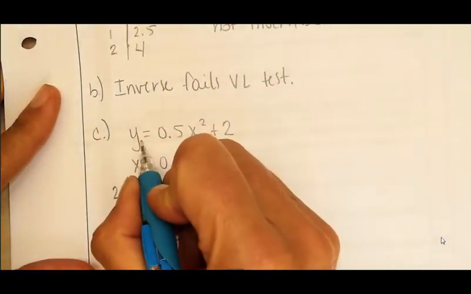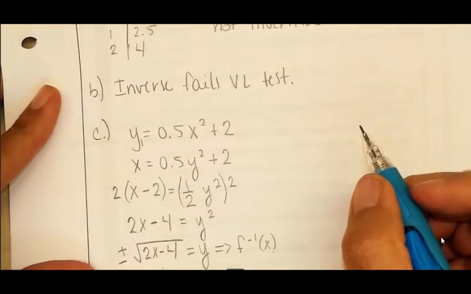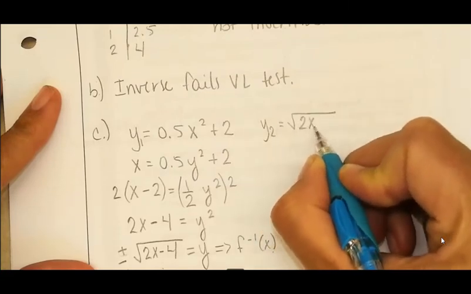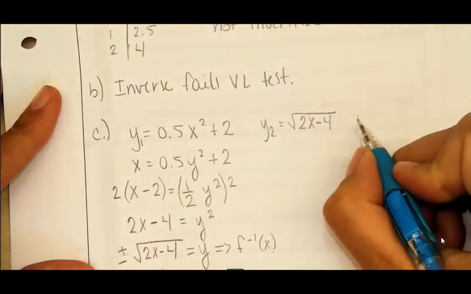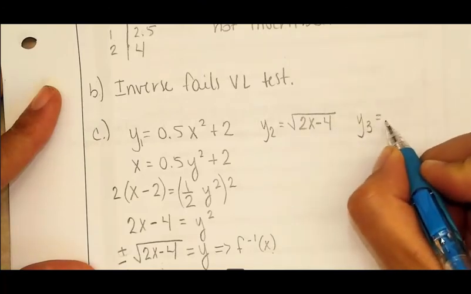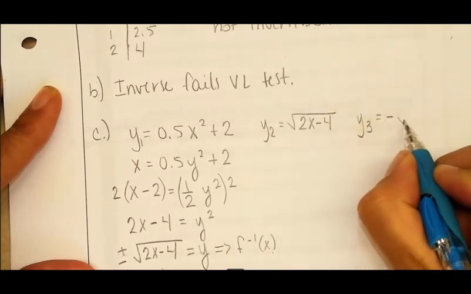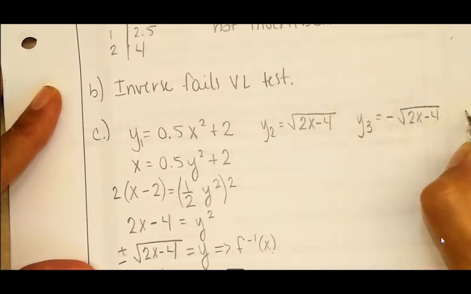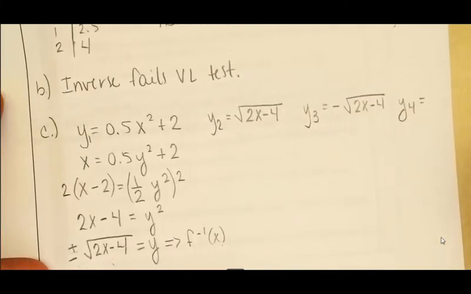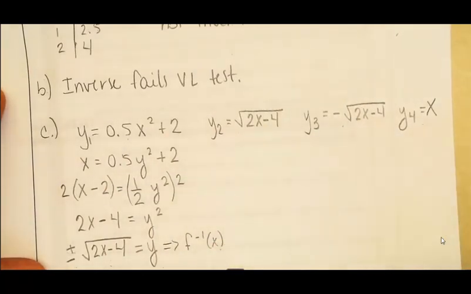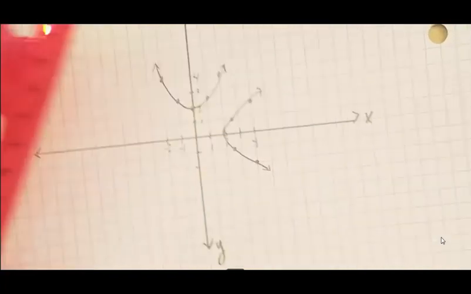So in my grapher, I would put this one as y1, that's the original function. For y2, I might put just this positive square root of 2x minus 4. For y3, let's put the negative square root of 2x minus 4. And then for y4, I would just put that line y equals x. So I need to graph these 4 things on my grapher. But I can also show here, if I just graph the line y equals x,